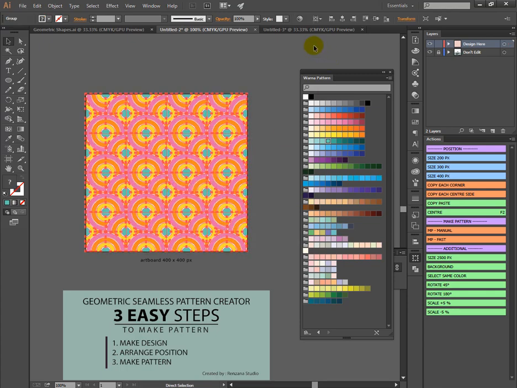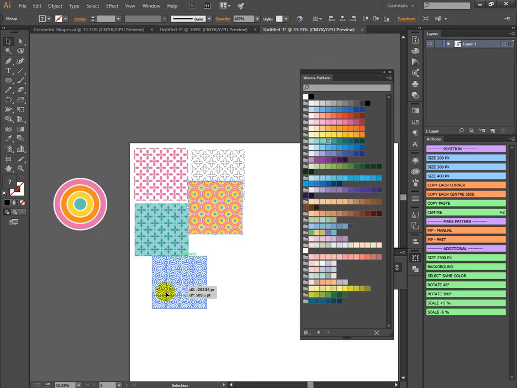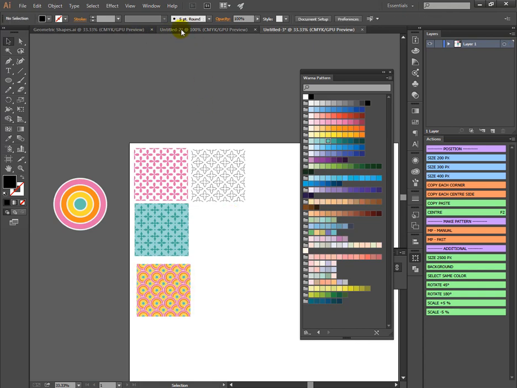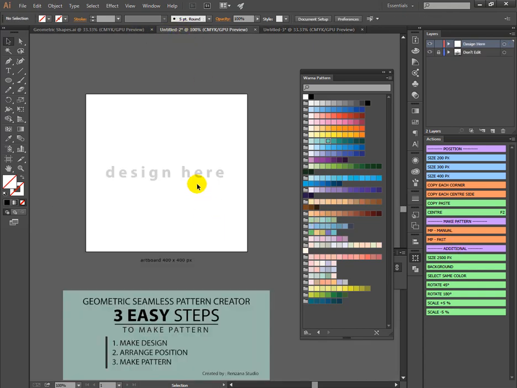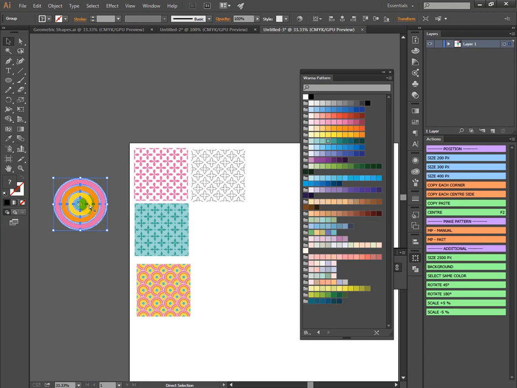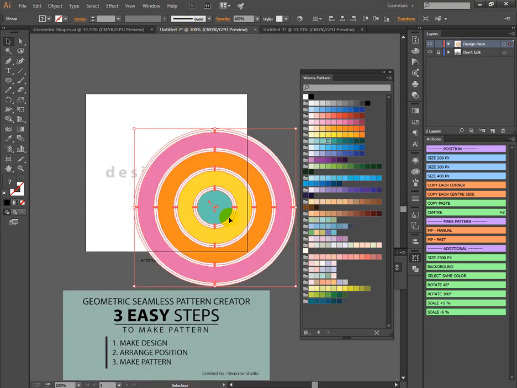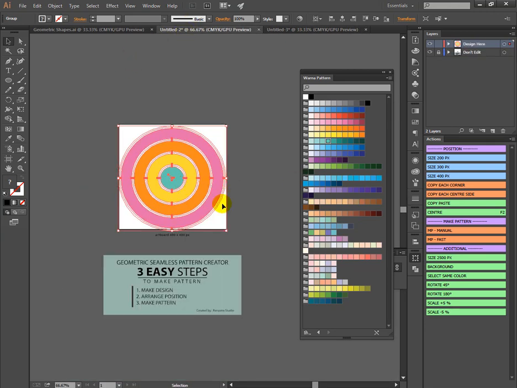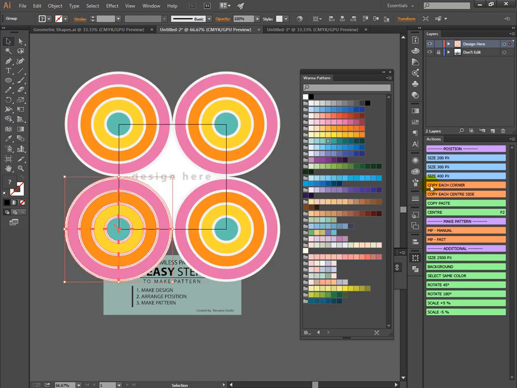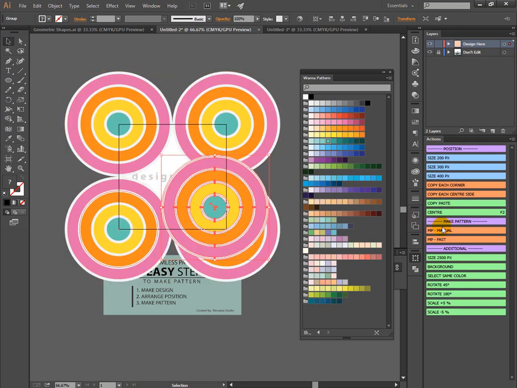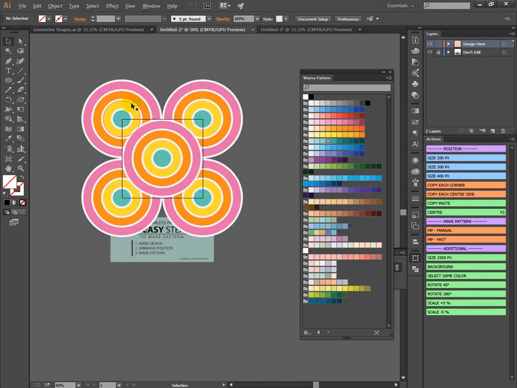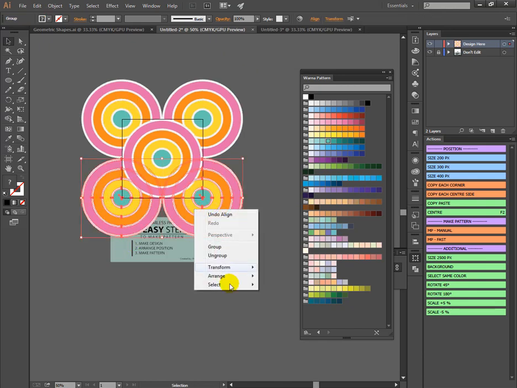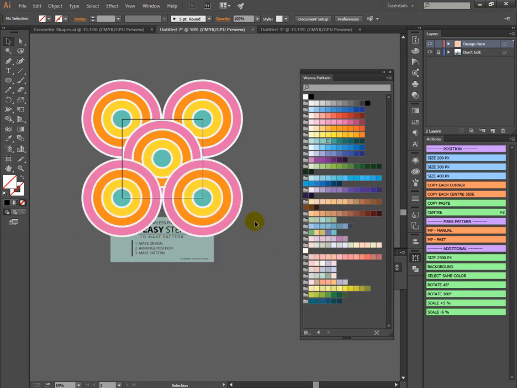Okay, I'll cut, paste, and now I will choose this manually, so I'll copy this and paste, and I will choose copy each corner and copy paste, and then click center, and I will choose this part and this part and bring to front, and let's see, we will use MP Manual.